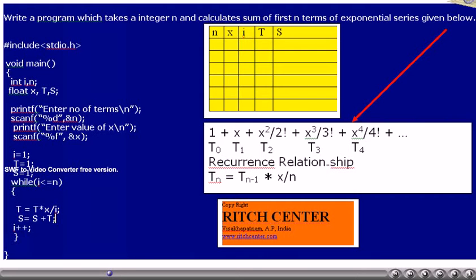Thus, we have selected a while loop: i is equal to 1, while i less than or equal to n, and i plus plus, such that it runs exactly n times. Inside the while loop, we have written statements which calculate a new term and add it to the sum.